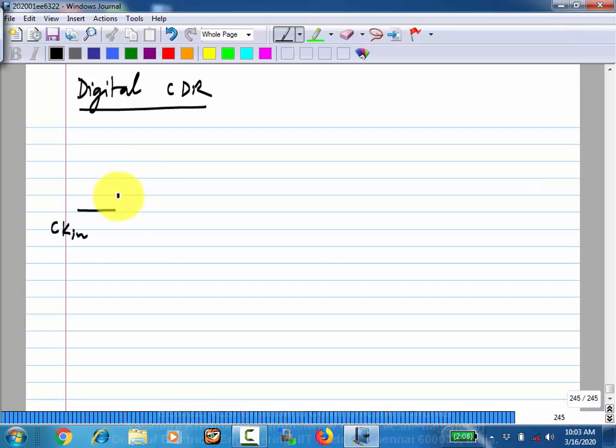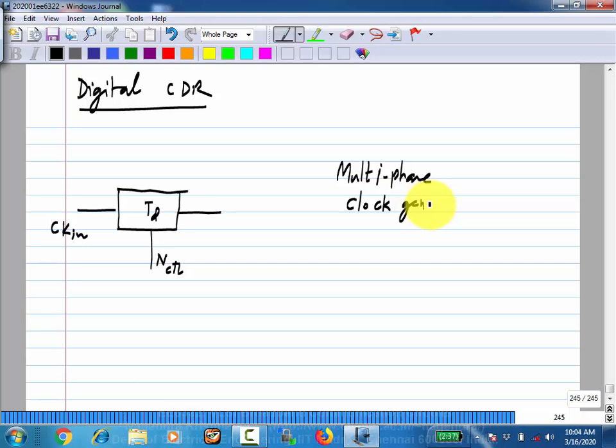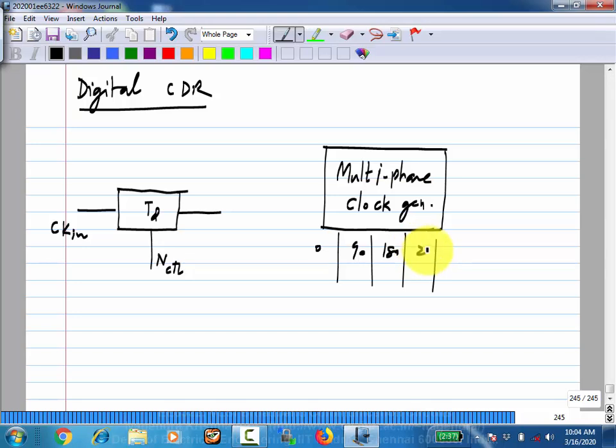Now I will show this block as a sort of digitally controlled delay, where it's controlled by this N control. Now, the way this is usually implemented is you have a multi-phase clock generator. It may give like 4 or 8 phases. Which means that